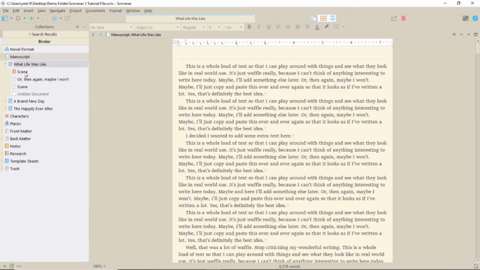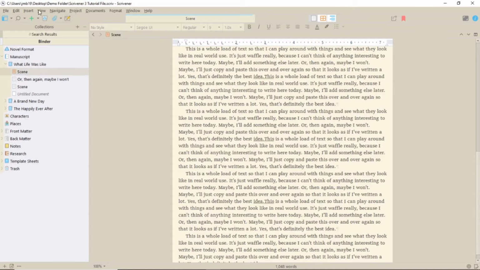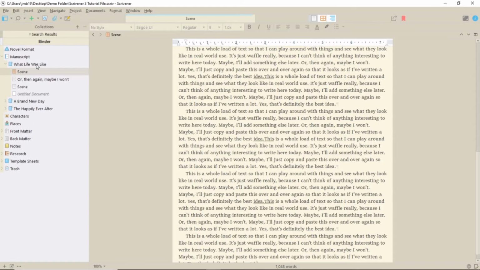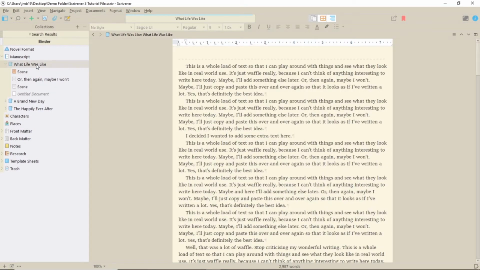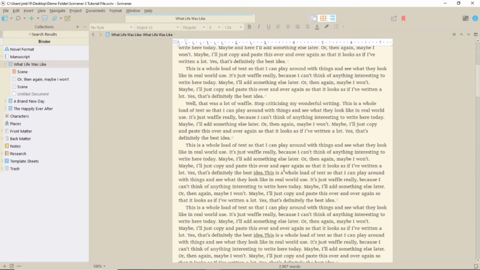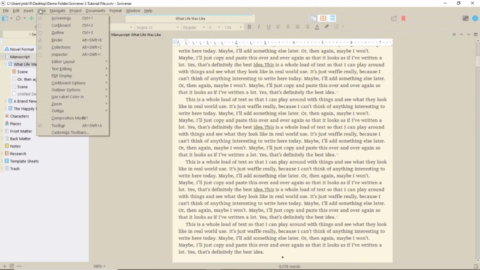You may not have noticed it, but when you're in an individual document, the View menu shows Document. But when you select a folder, or the whole manuscript, you go into Scrivenings mode. As with most things, scrivenings can be formatted differently, and you may well prefer what I'm about to show you.